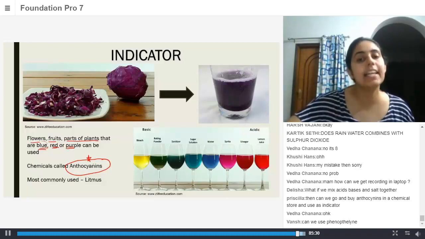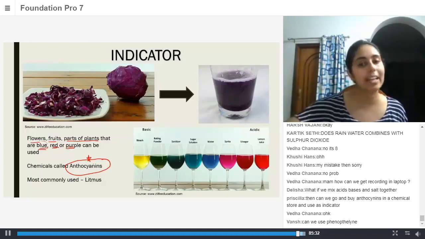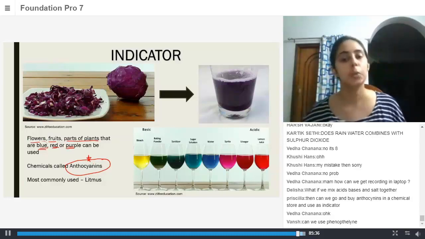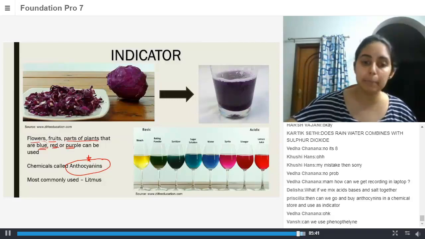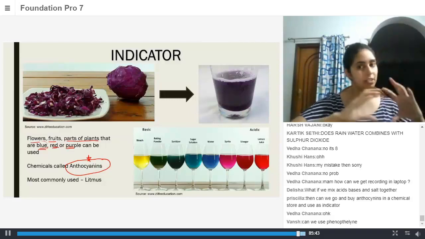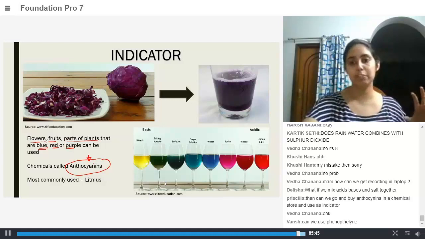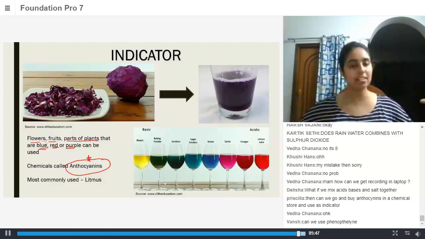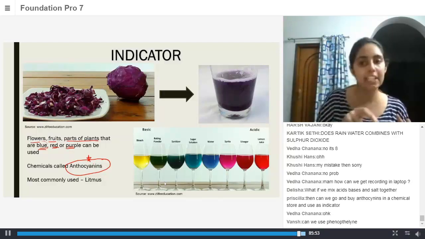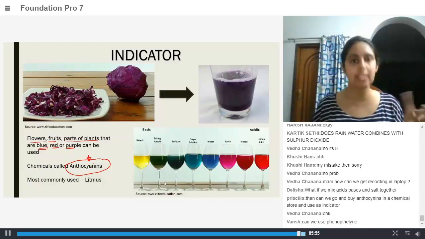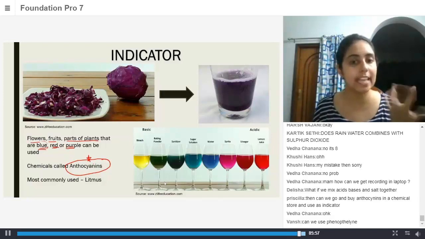Now, let's say you went to the grocery store and got a purple cabbage, and took out the juice from this purple cabbage. You start adding different substances to it. You take this juice in 1, 2, 3, 4, 5, 6, 7, 8 different glasses and start adding different things. In the first glass, I add bleach to this juice, and it turns yellow in color.